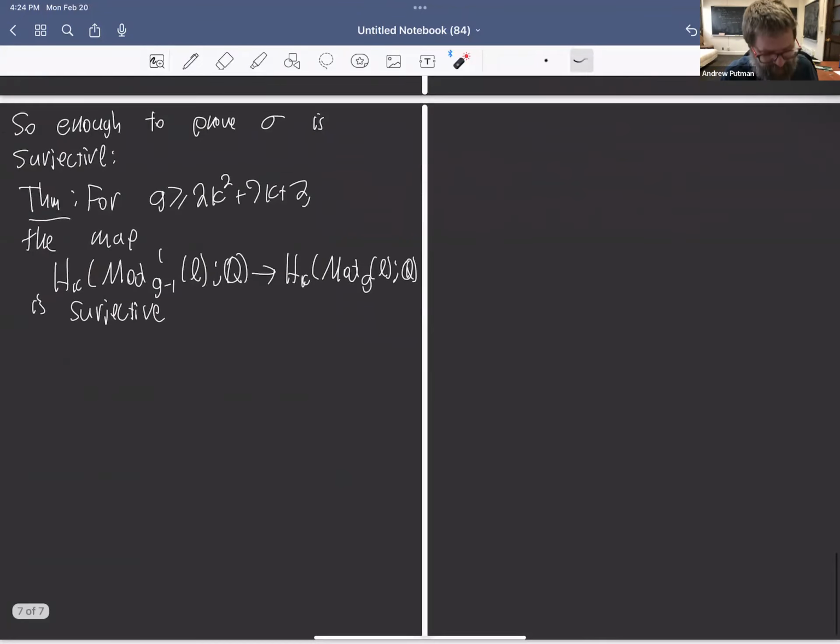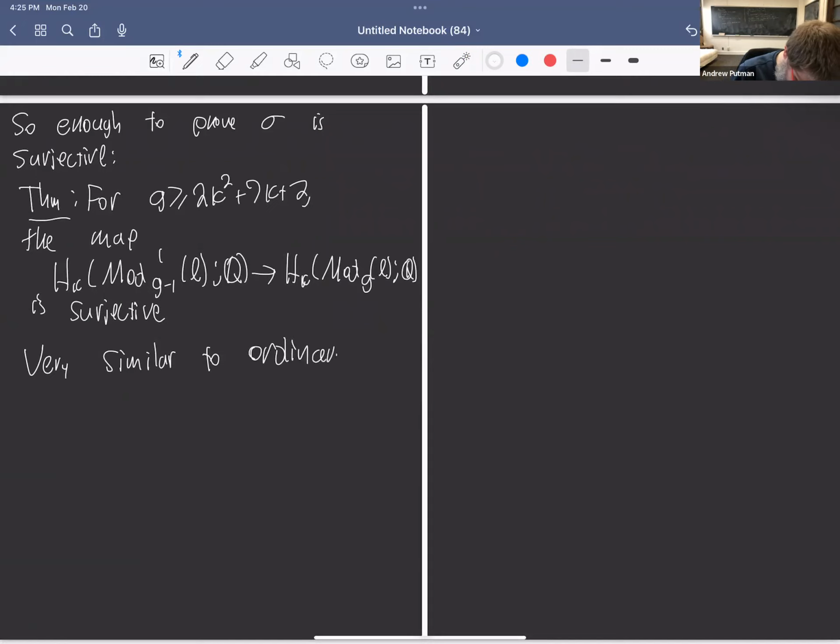Okay, so this is a very similar statement. This is very similar to ordinary homological stability. And if someone like Craig has spoken to you about ordinary homological stability, you'll know that there is, one second,